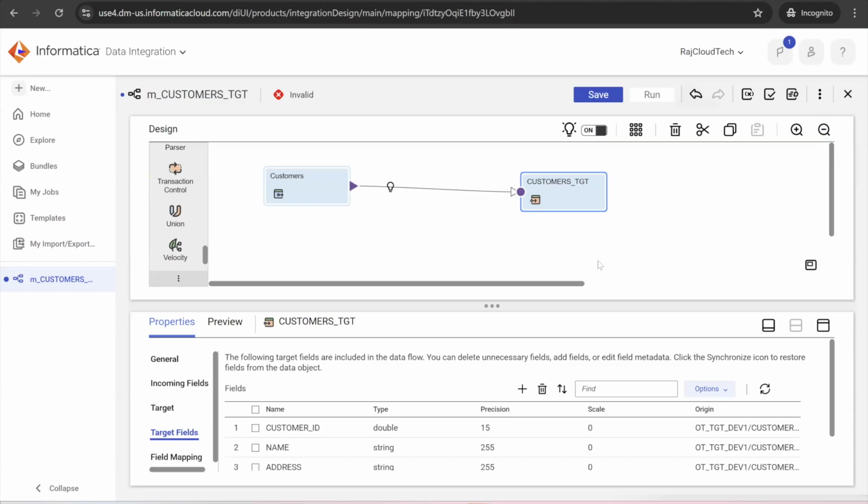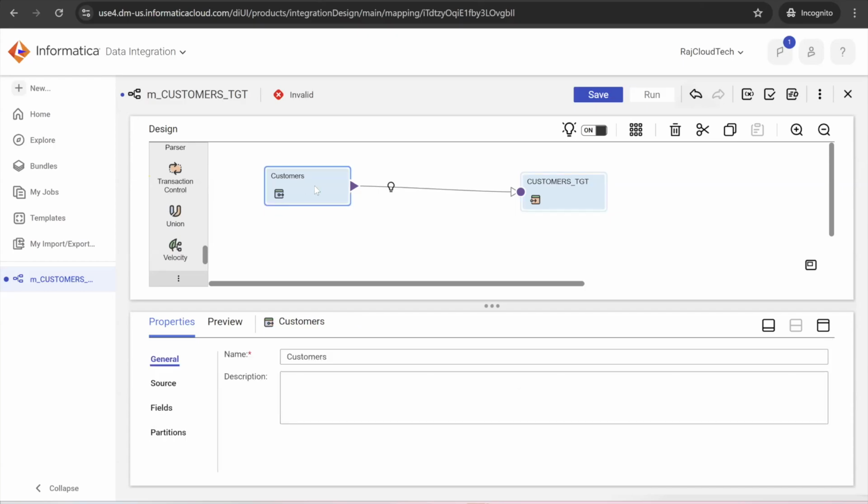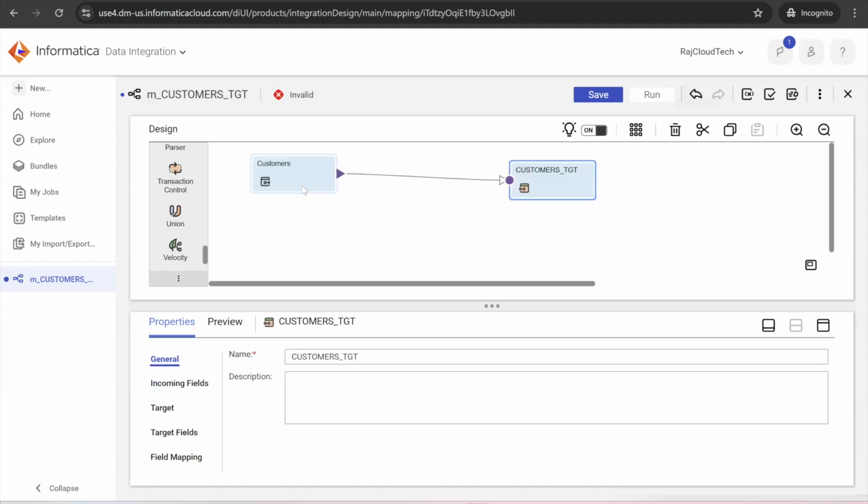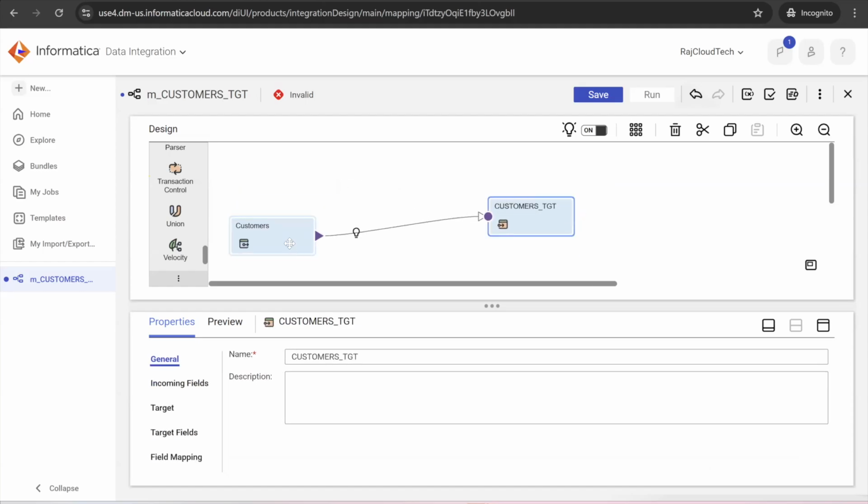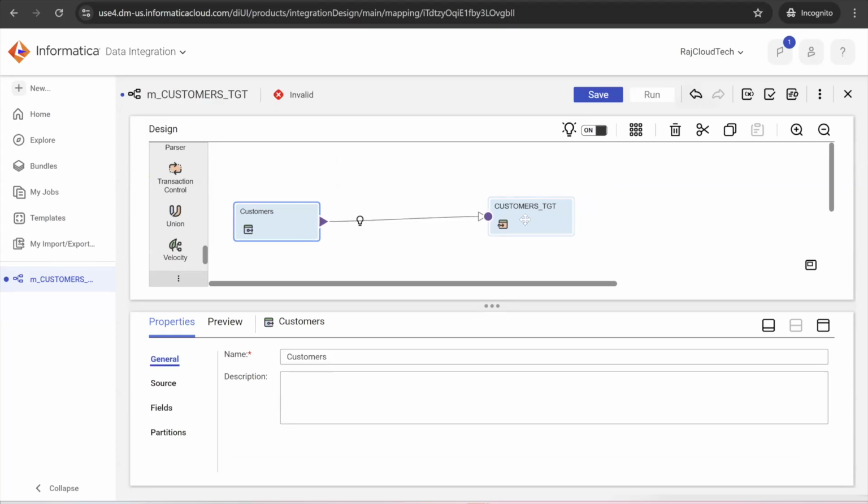Okay. So now, once we configure the source and target, you need to do the field mapping. It will not open with a double click. If you select it, that's it. You can drag like this, that's it. You cannot double click like in PowerCenter. There, if you double click, it will open, right? Here it will not open anything like that. It will just show like this only.